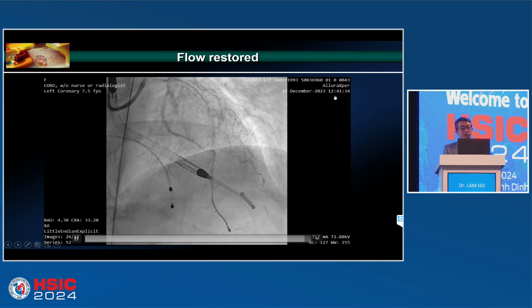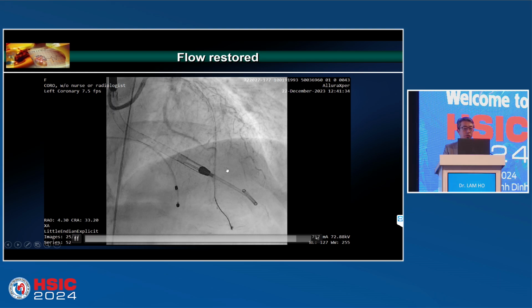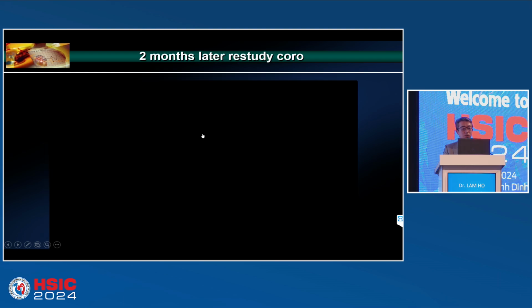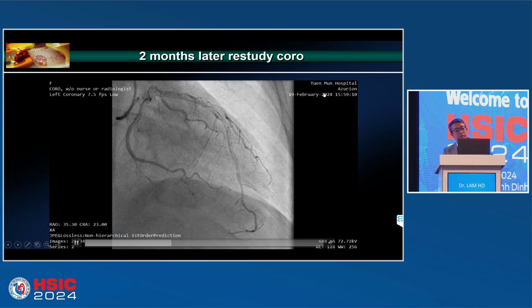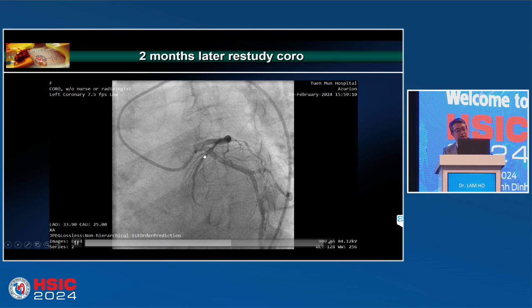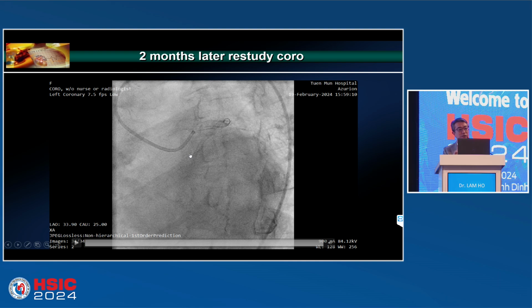And 10 minutes later, while the Impella keeps functioning, keeps the hemodynamics, and we continue to give some drugs, the flow is established and the pulse improves a bit. So the flow was restored, and the patient was safe, no hypoxic brain injury. So you see the full record, 1 minute, we finished the Impella. And this is the repeat angiogram 2 months later. Now everything is okay. So you can see how terrible the lipid-rich part is that induced the no-reflow.